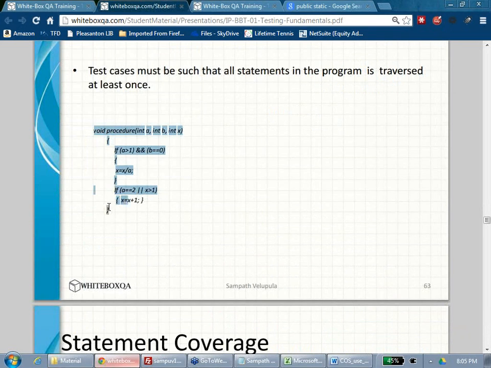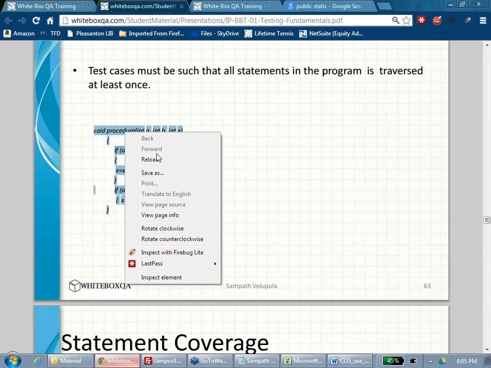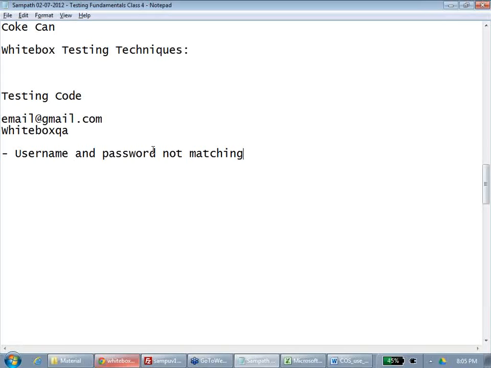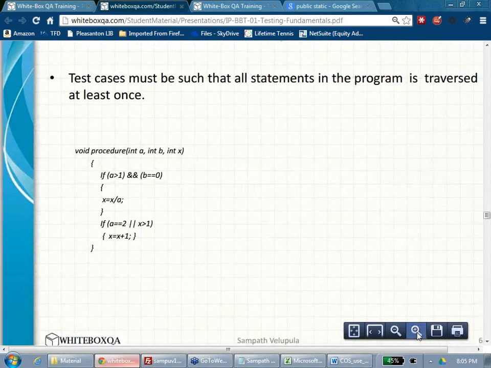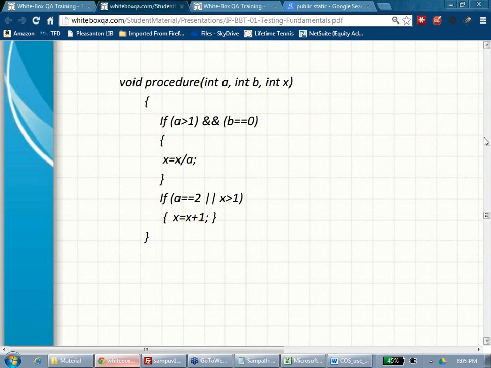There is this piece of code. Can everyone see this code? If you see this code, can everyone tell me what is happening here? I am passing parameters. What are the parameter names? A, B and X. What type are they? Integer. Everyone online also, if you know it, please type there. I need to know whether you can read this program or not.